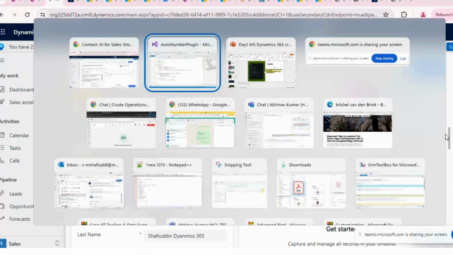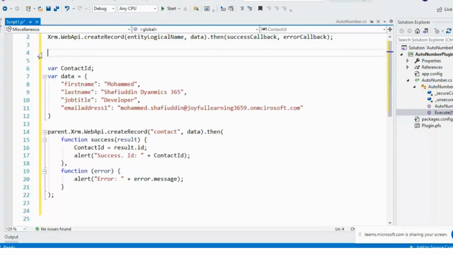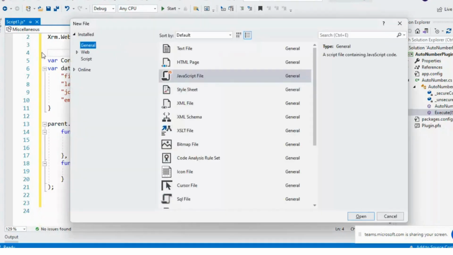So like this, I have created the record. This is the way to create the record. Wherever you require, you can create a function on this. You can declare a function, and wherever you require, you can call this function. Okay, so let's try to understand